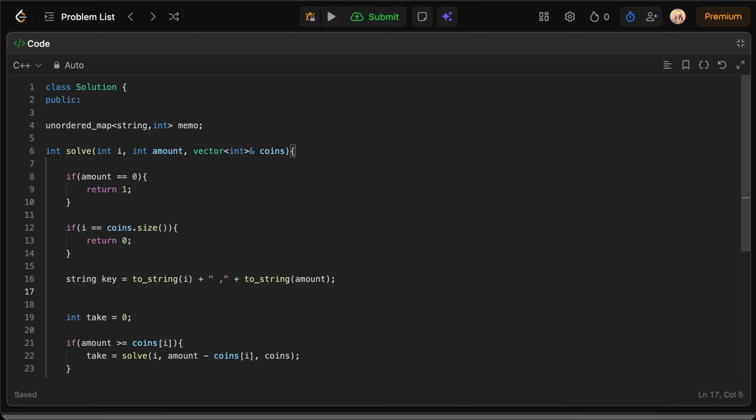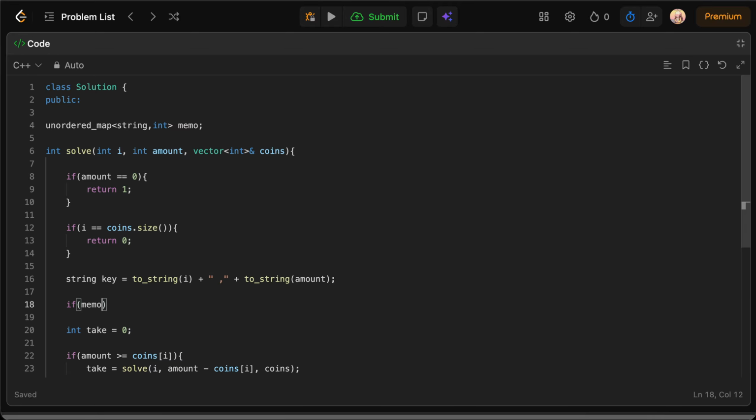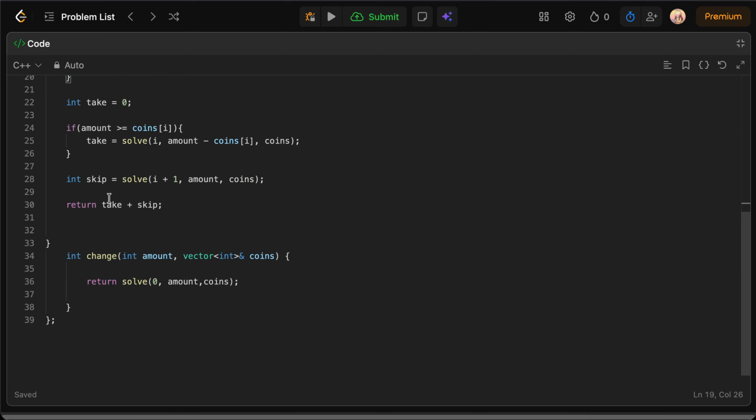Okay, if memo dot count of key exists, return the stored answer, memo of key. And lastly, return memo of key is equal to